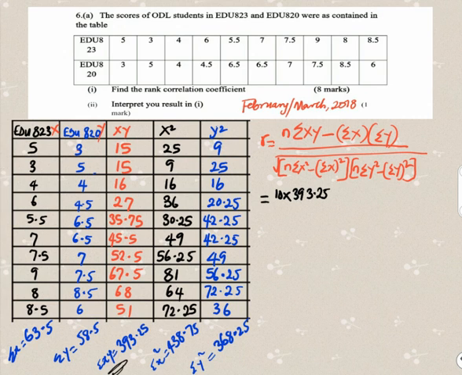Then minus the product of summation x, 63.5, times summation y, 58.5,